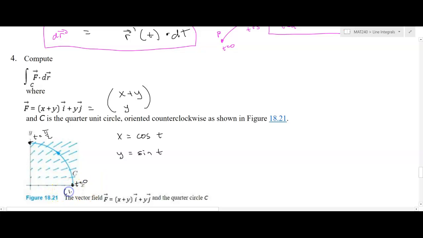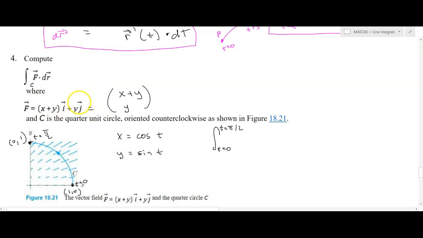So you see that if I plug in 0 for time, x is equal to 1, y is equal to 0, and if I plug in pi halves for time, cosine of pi halves is 0, and sine of pi halves is 1. And so that's one way we could talk about this curve. So to compute the total work, I have to calculate from t equals 0 to t equals pi halves